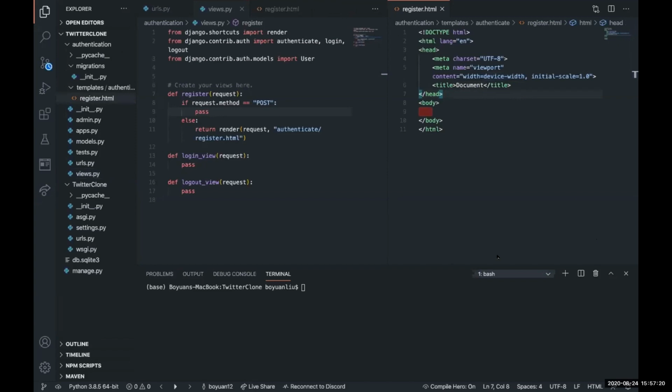Okay, I think I messed up. That's not good. So I have to delete a few things. Close everything because everything's getting so annoying. And then add a folder named templates. And under templates,